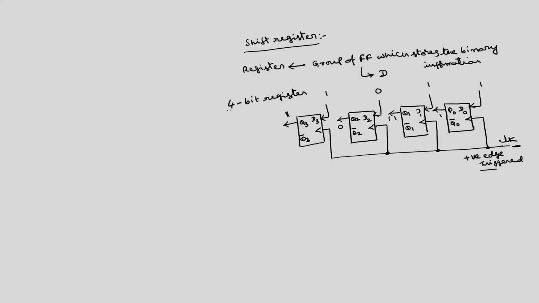In addition to that, there are a lot of applications where we require to shift the data of the register. So, this is a simple 4 bit register without any option of shifting the data to the right or left. Now, I will slowly move on to the shift register. First I will take a 4 bit shift right register.